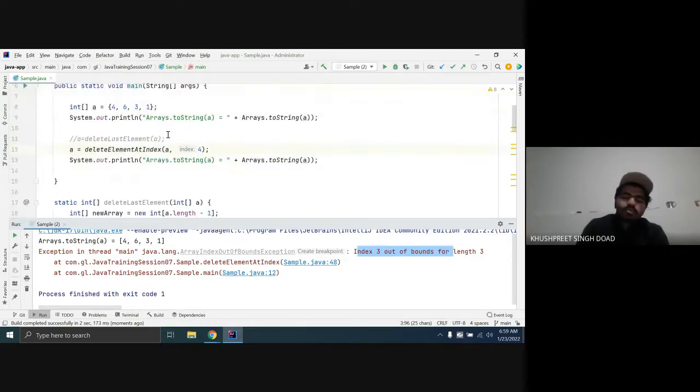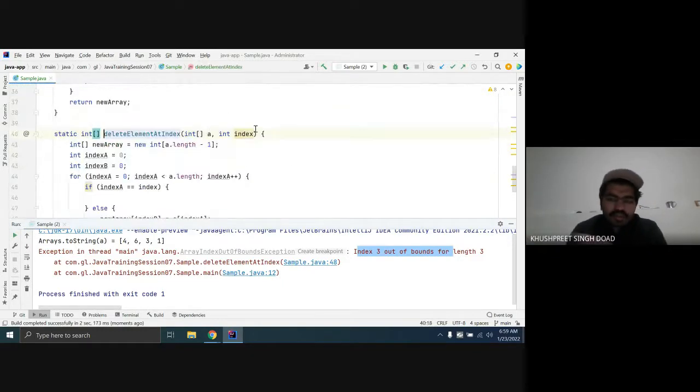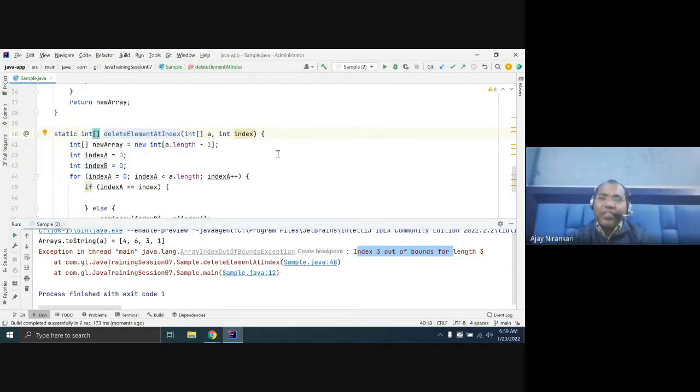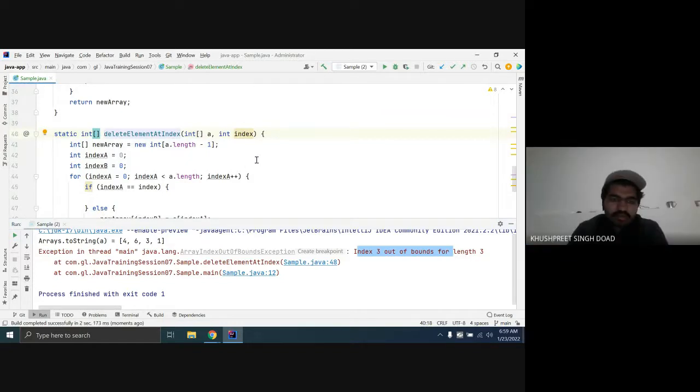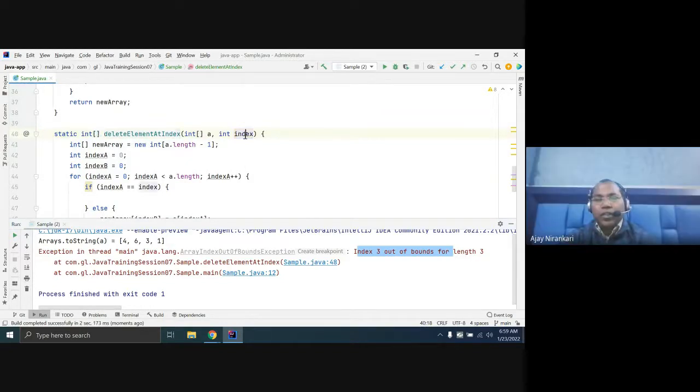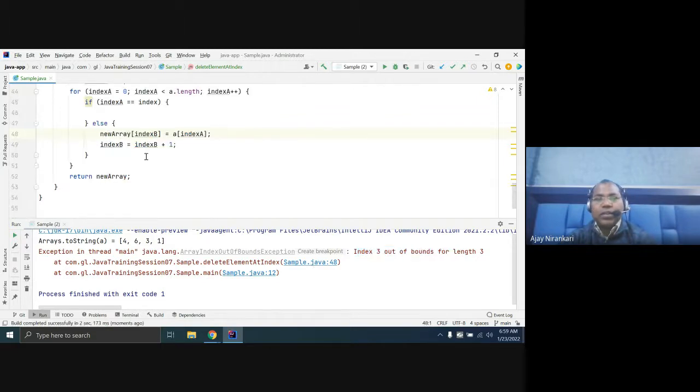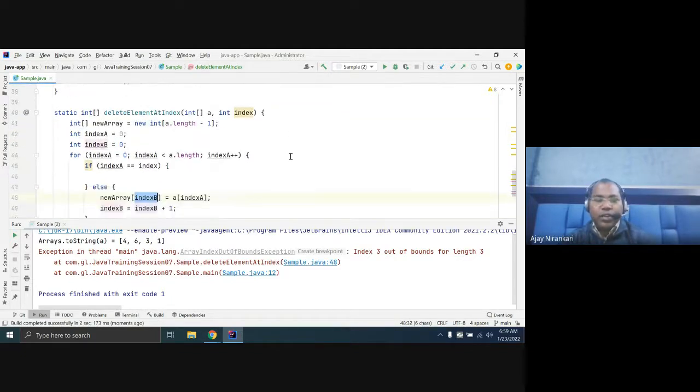Why? Because the new array we created has a length one less. Let's see what problem happens.